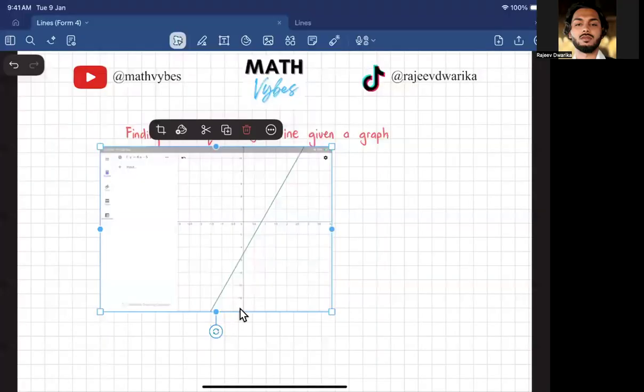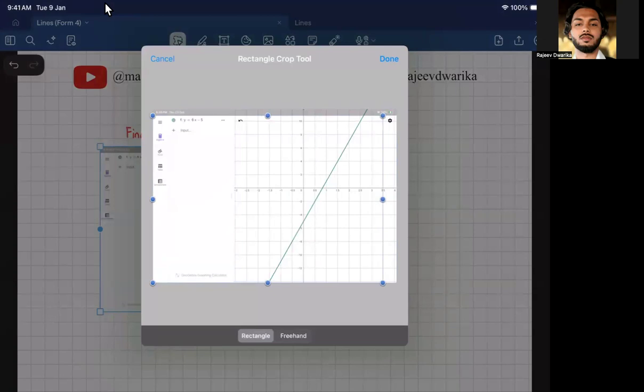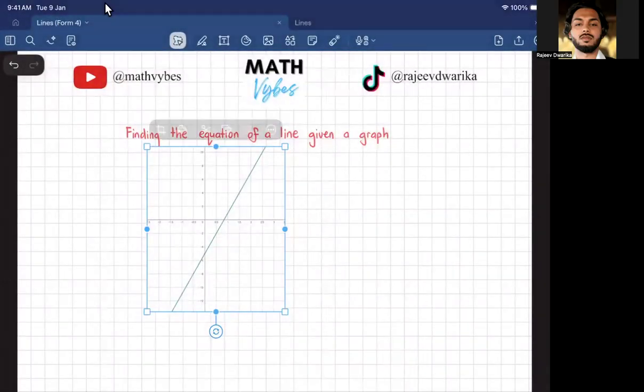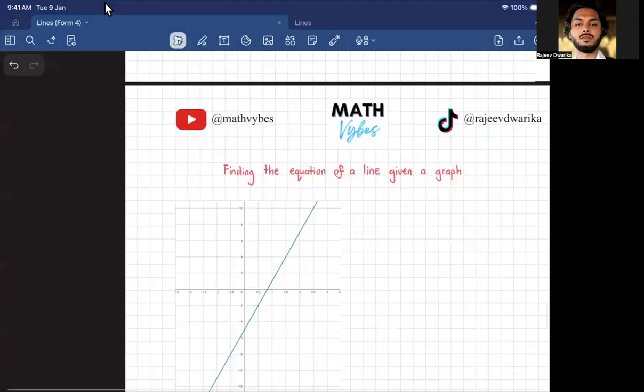All right, so Ria, what was the equation I made you copy down? Y equals 6x minus 5. Okay, cool. Nice. So this is the example. Before we move on,